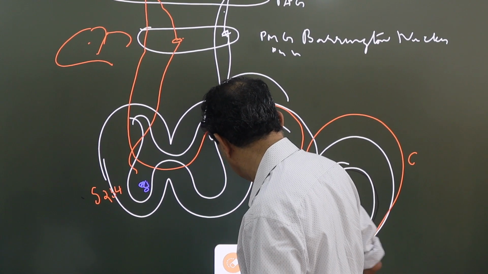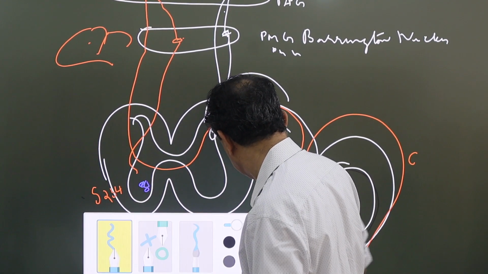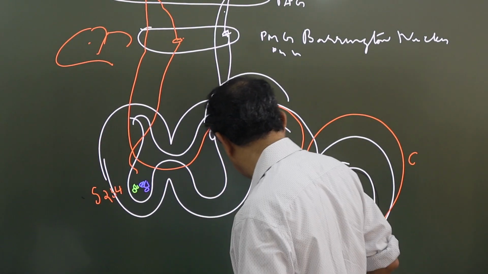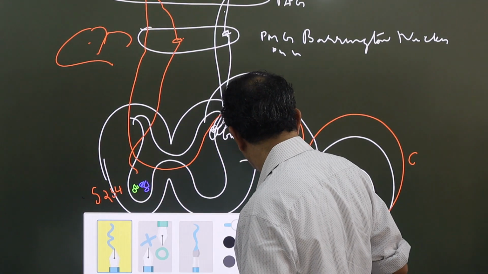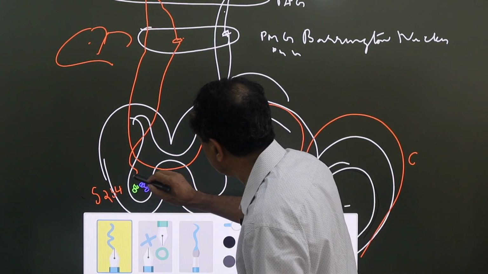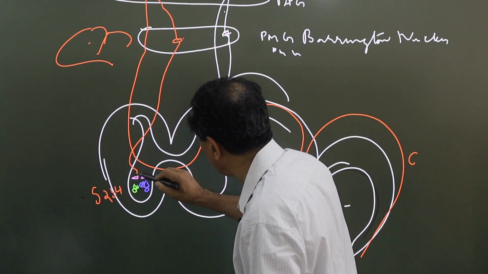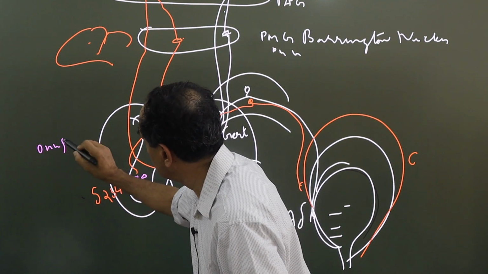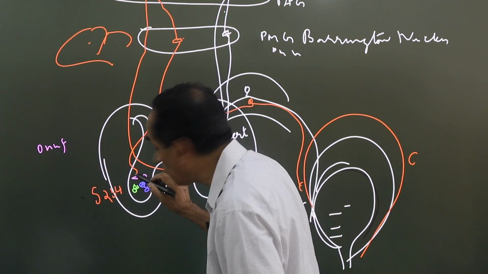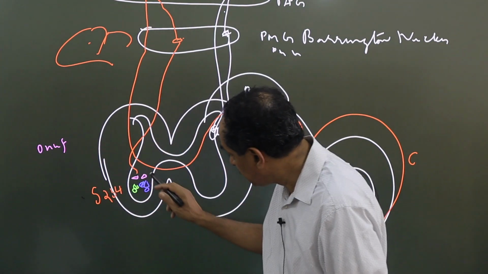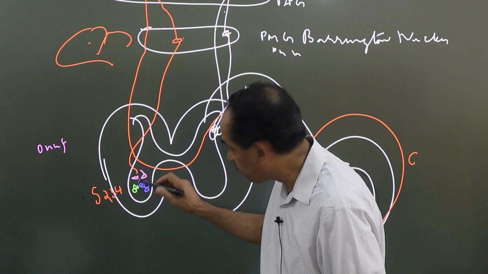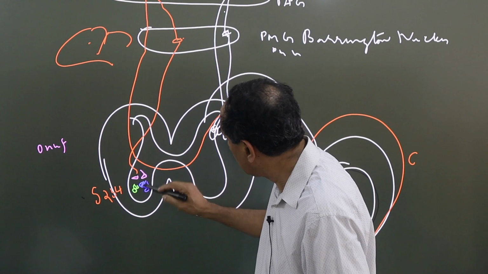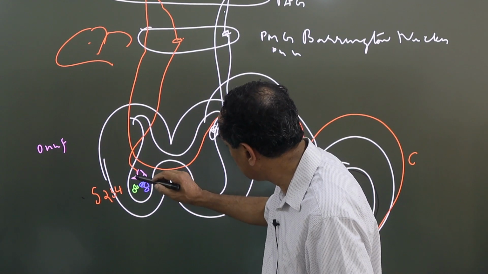Then you have the somatic neurons, and then you have the other neurons of the Onuf's nucleus. The Onuf's nucleus is the nucleus that controls the sphincter. The medial part is for the bowel sphincter, and the lateral part is for the bladder sphincter, the external sphincters. So now, from the pontine centers you get connection to the Onuf's nucleus